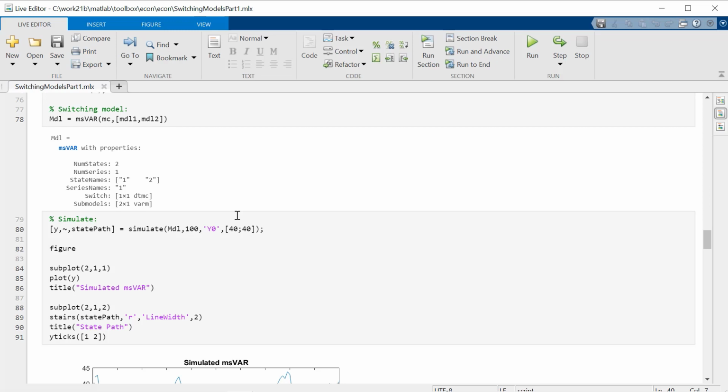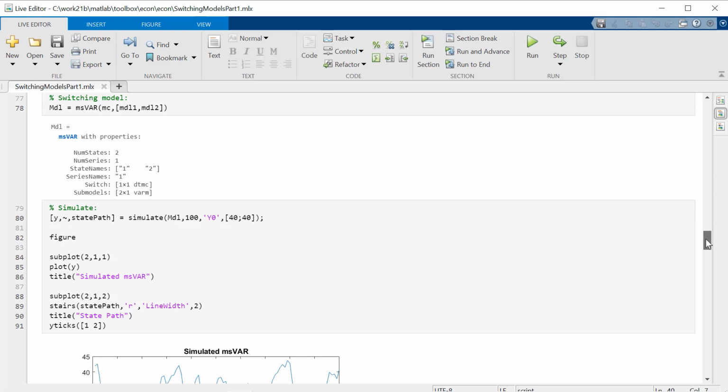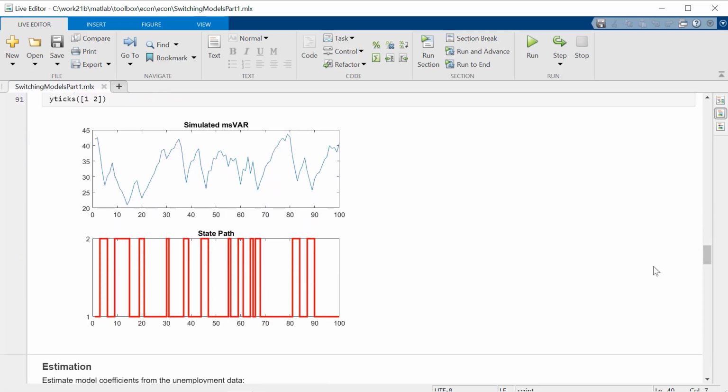We might want to specify something other than the default pre-sample values to initiate the simulation. If you call the simulate method, there are different outputs. The first output is just the simulated series itself. The third output here is the state path that shows you what state the Markov chain is in at each step. And if we plot these separately, we get something like this.